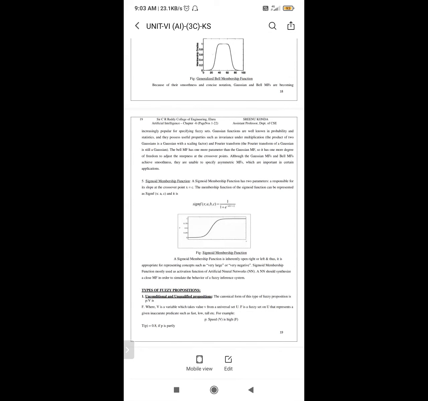Okay, two membership function parameters, a and c, where a is responsible for the slope at the crossover point, x equals c. The membership function of the sigmoid function can be represented as sigmf of x, a, c, and it is defined as sigmf of x, a, c equals to